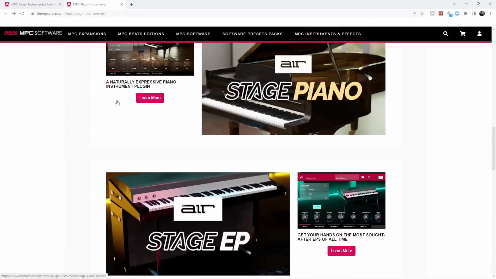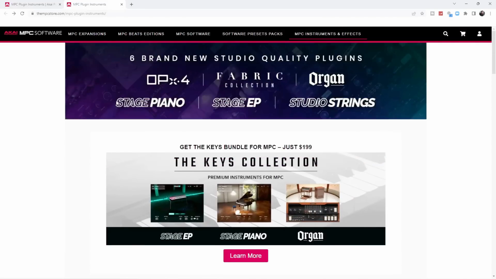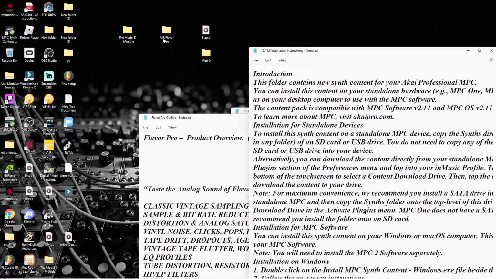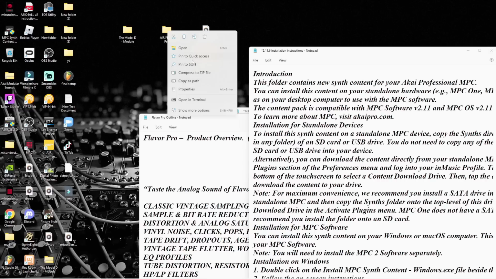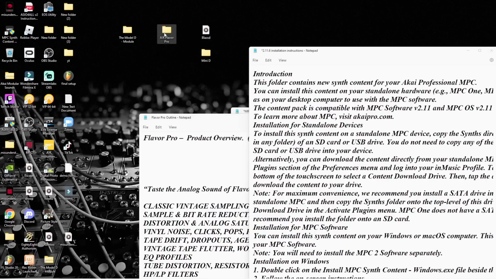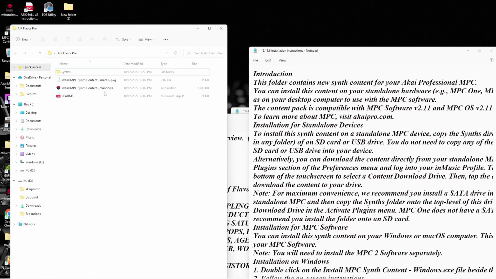So let's say you bought all the expansions and you don't know how to install them, right? As soon as you buy them, they download to your computer in a zip file. So you go to the zip file, you extract the zip file. This would be a zips folder, so you would just double click it and it would open up a folder, or you can right click it and instead of compress to zip, it'll say extract all. So you double click it, and then you're gonna get this here. And you install synth content on Windows, it'll install it on your computer, and it'll give you the synths folder